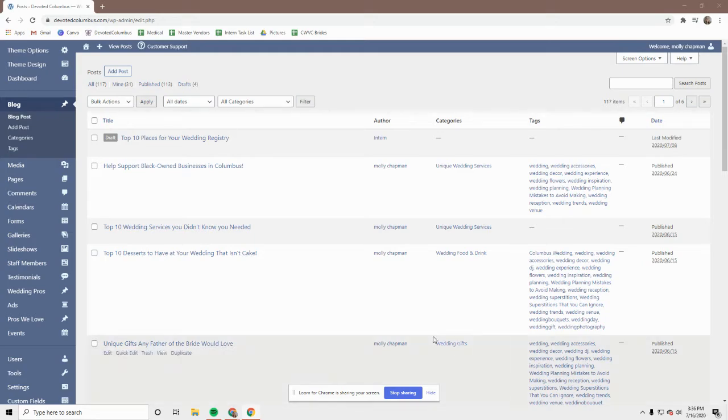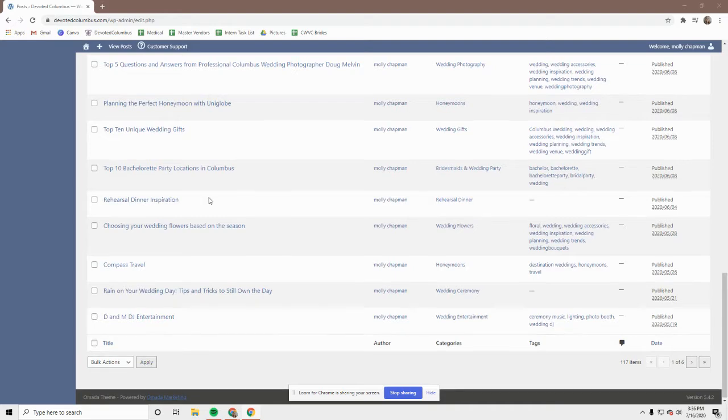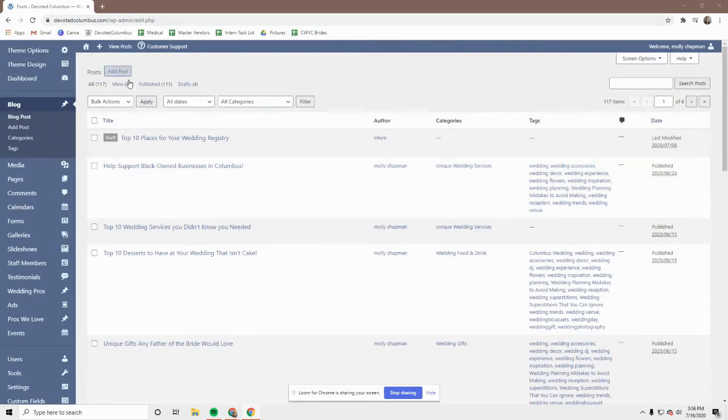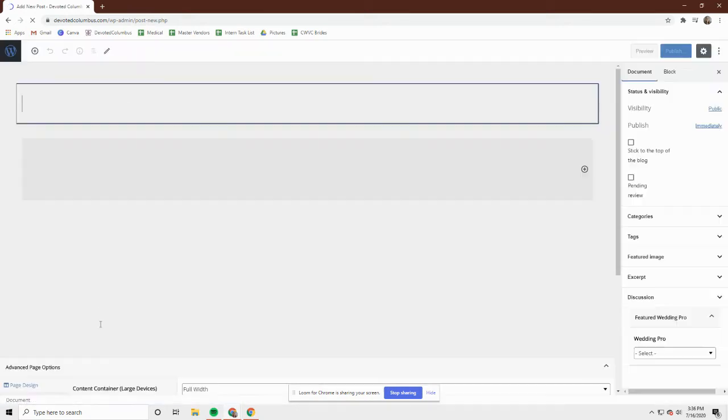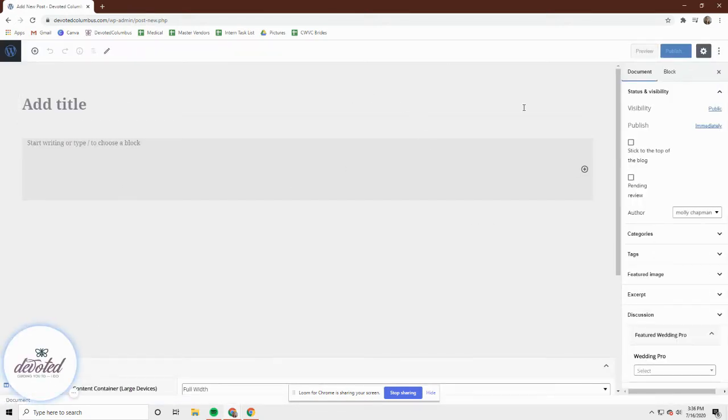And then this will have a list of all your blog posts that you have listed, and some will be published and then some are drafts. It just depends on if you've published it or not. So you're going to go to add post, and then once you go to add post, it will take you to this screen, which is where you can